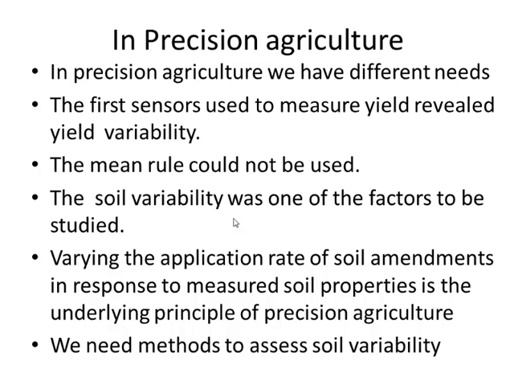The problem is that when we started measuring yield, we found that variability is high. As George showed you at the beginning, we found that actually we have high-yielding places, and if we consider the mean application of nutrients, then in these places we have a deficit of nutrients. We have other places with low yielding, so we have a surplus of nutrients.